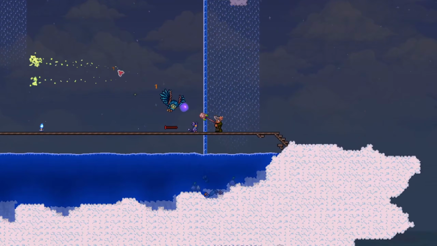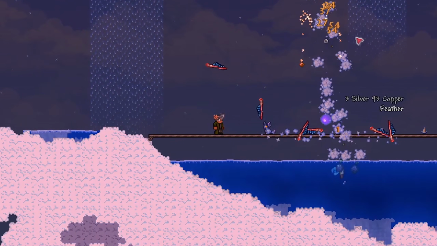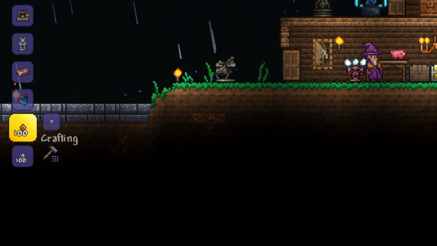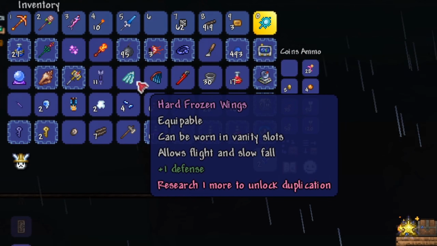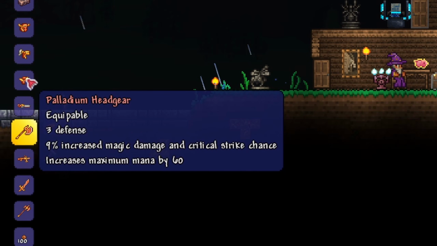This enemy is pretty tough as well, but piercing weapons work really well against it. Defeat a few to obtain Souls of Flight, then craft the Frozen Wings at the hard mode anvil. At this point, you can make any armor you want if you have the spare ore for it. We will transition to hollowed armor pretty soon, so you don't have to be super particular to get titanium armor